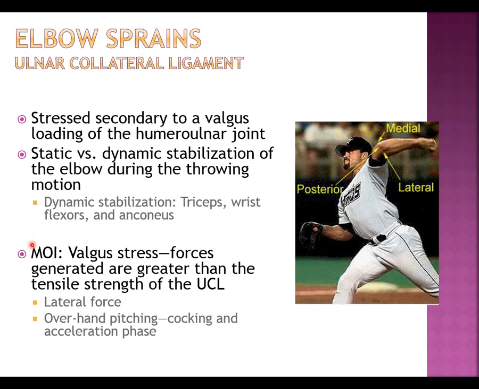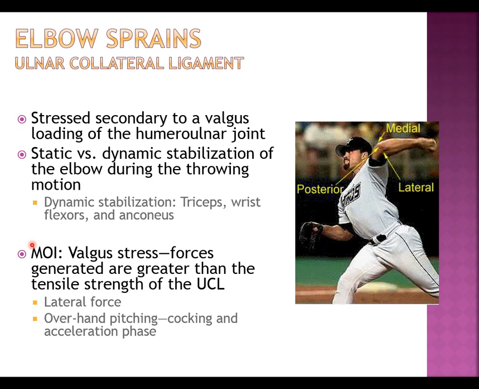So those are the main bony injuries. Then we're going to get into the actual sprains here. Most common in the elbow that we see is a UCL sprain, an ulnar collateral ligament sprain. This is very common, especially in overhead throwing athletes, volleyball players, or tennis players, people who do that throwing or overhead motion. If you remember, when you go through that throwing or hitting overhead motion, there's a lot